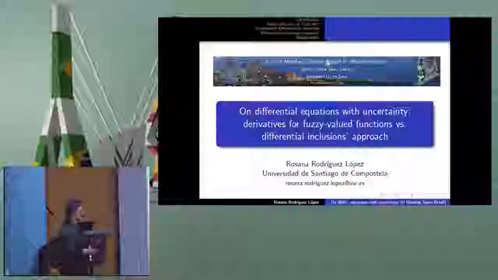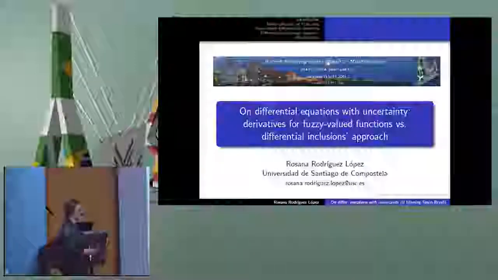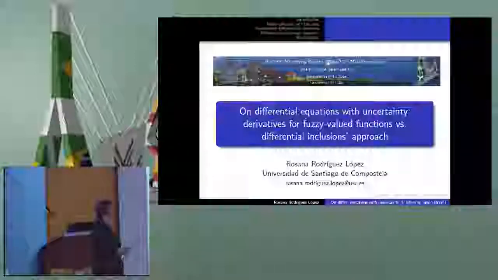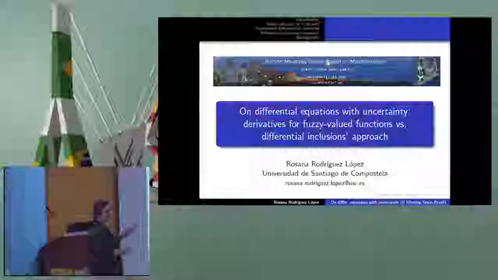The talk is just an overview of different approaches that have been used in recent years about how to deal with uncertainty through the use of differential equations. Of course, uncertainty can be handled through mathematical models in different ways. This is one of the approaches, but there are others. We have attended several talks these days about, for example, stochastic differential equations. There are equations with randomness. There are many different ways of handling uncertainty present in real phenomena.